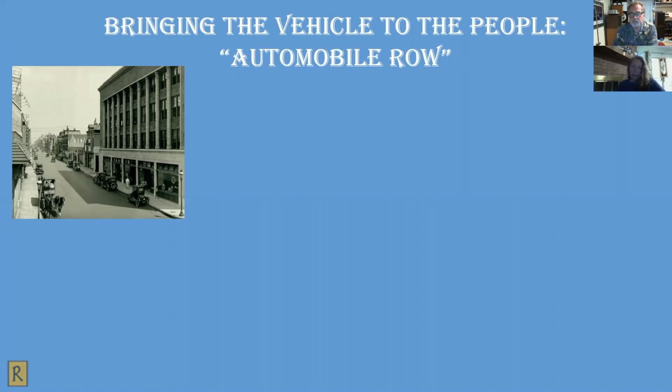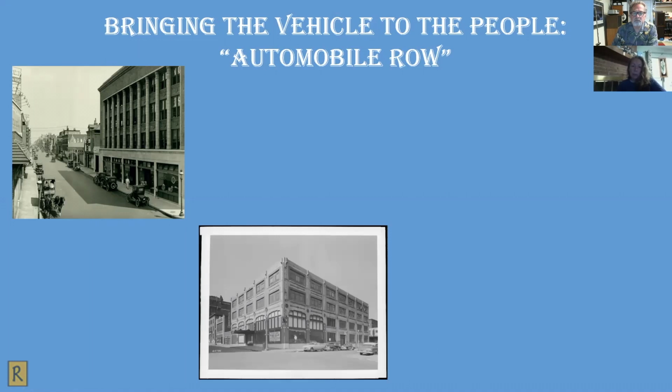They looked in St. Louis City and thought, okay, with the burgeoning of the markets on Olive, the kind of commercial and stores there on Olive, maybe if we go a block north to Locust and start there on Locust on the south side, go up to Washington on the north side, and say roughly between the 1600 block going out west to Grand, that will be a great automotive district. Therefore, Locust became the first automobile row here in St. Louis,